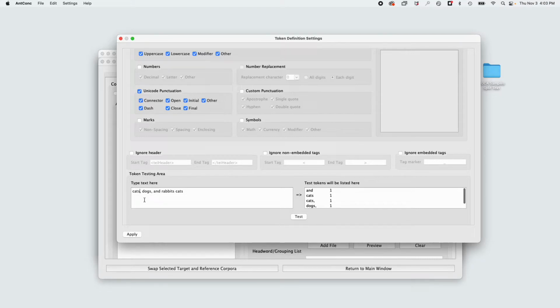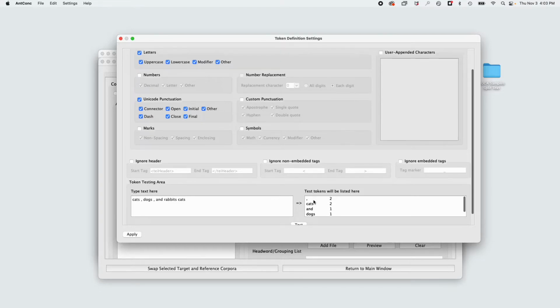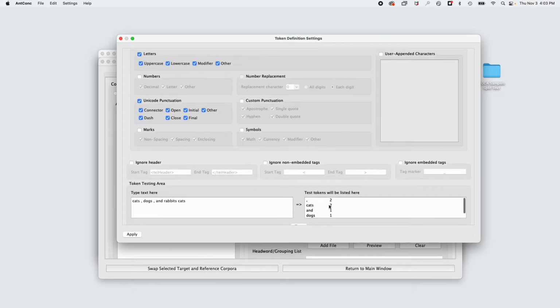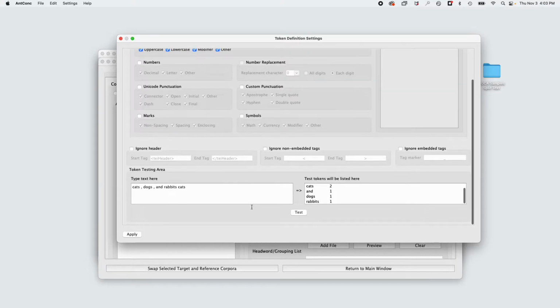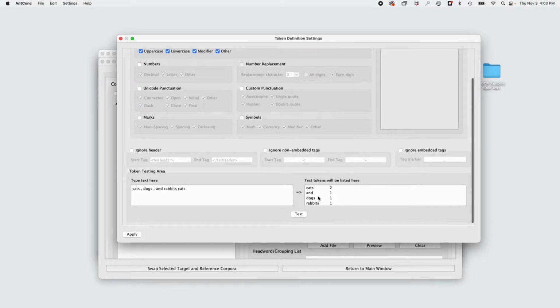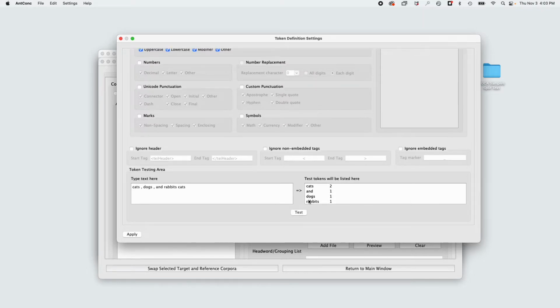So what we need to do if we're interested in searching for punctuation is make sure that we have spaces around each punctuation mark. When I do that, now it tells me I have 2 commas, 2 instances of the word cats, and then one of the rest. If I have this Unicode punctuation turned off, it doesn't show me the commas. It just tells me I have these words. So that's not what I want. So make sure that the Unicode punctuation is turned on and that the text files that you're using have spaces